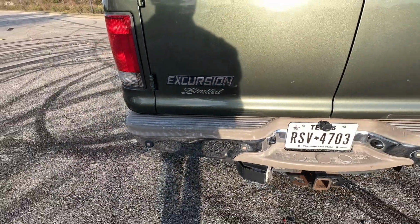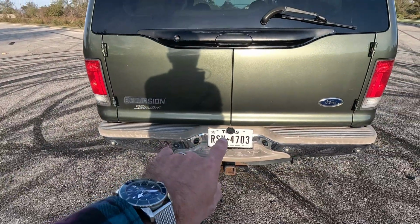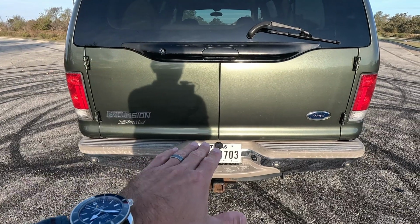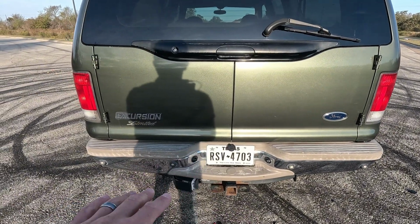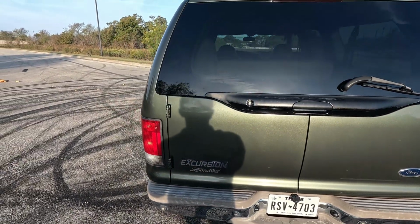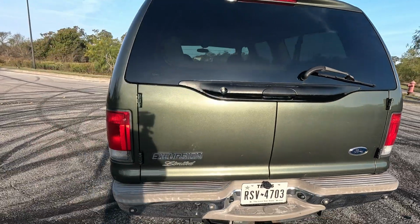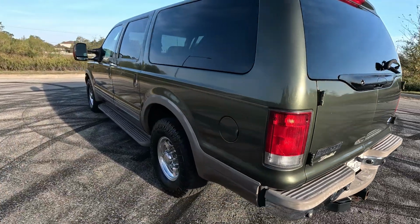Does have the parking sensors. And you'll notice it has a backup camera attached, but it doesn't have a screen inside to watch it. So I'm not sure why that's there. And maybe it had a screen before and the previous owner took it out before I took ownership of it. I'm not sure. Coming around driver's side,